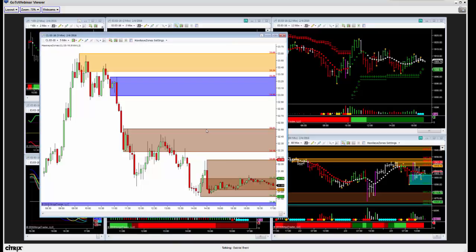I just wanted to take a quick minute and talk a little bit about trend with the software and how easy it is to define trend. And I think this 5-minute chart actually does a pretty good job of defining some concepts here for us. Okay, so what we're basically looking at here, and you can see 3 zones on the top side of price, right? 3